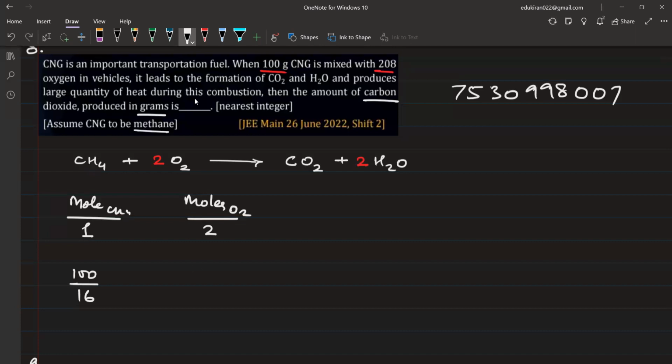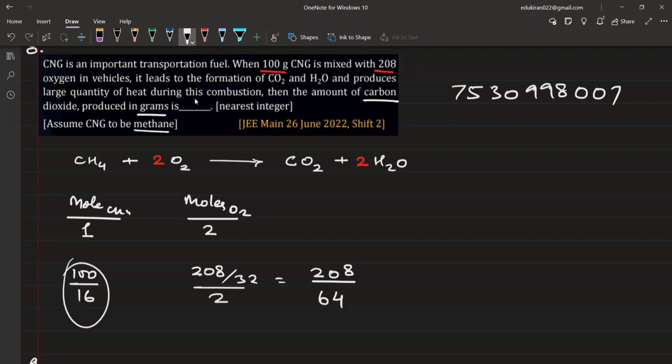Number of moles of O2 will be equal to how much? 208 upon 32 divided by 2, कितना आ जाएगा ये? 208 divided by 32 का डबल कितना हो जाएगा? 6 और इधर 4। बताइए कौन सा बड़ा है? Is this one bigger, मीथेन वाला या ऑक्सीजन वाला? कौन सा छोटा है इसमें से, क्या लग रहा है आपको? Which is smaller? CH4 is smaller और O2 वाला छोटा है? O2। O2 वाला छोटा है ना, that is why we will say therefore O2 will act